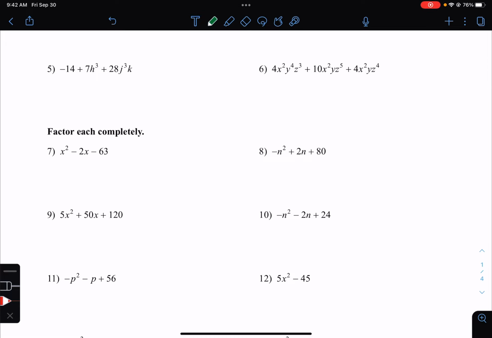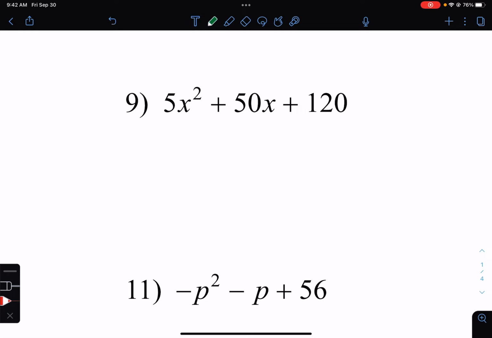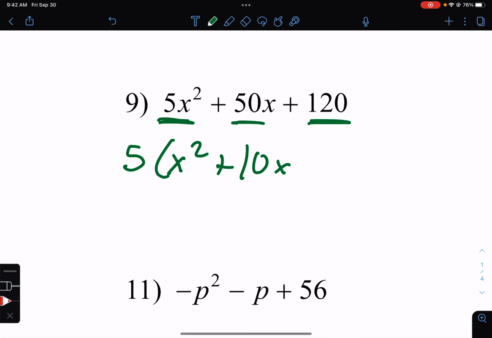Next thing we can try here is, let's do number 9. Again, the first thing you look for is a GCF. We've got 5, 50, and 120. All right, so we look for a greatest common factor. It's gonna be 5. When I take that out, I get x squared plus 10x, and then